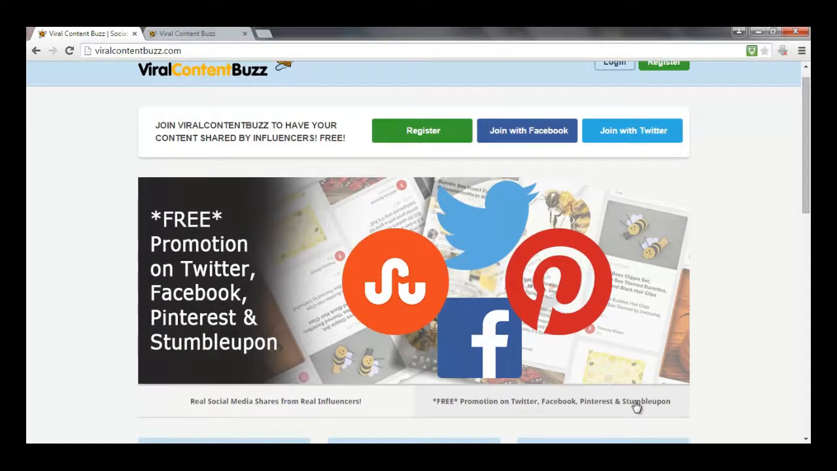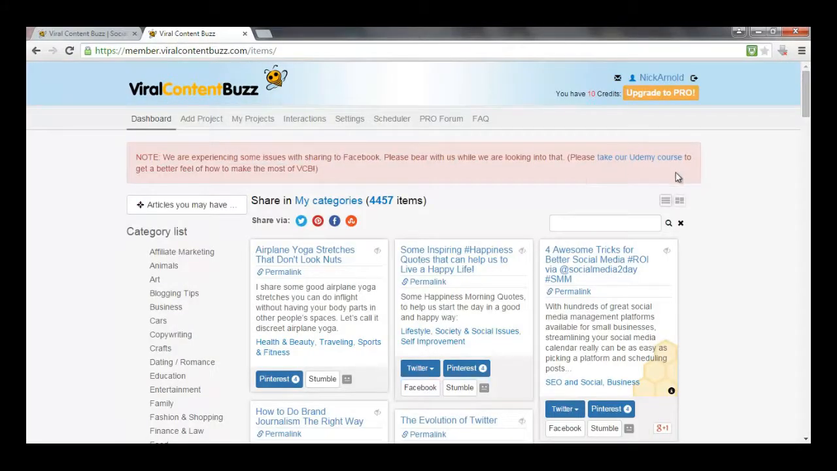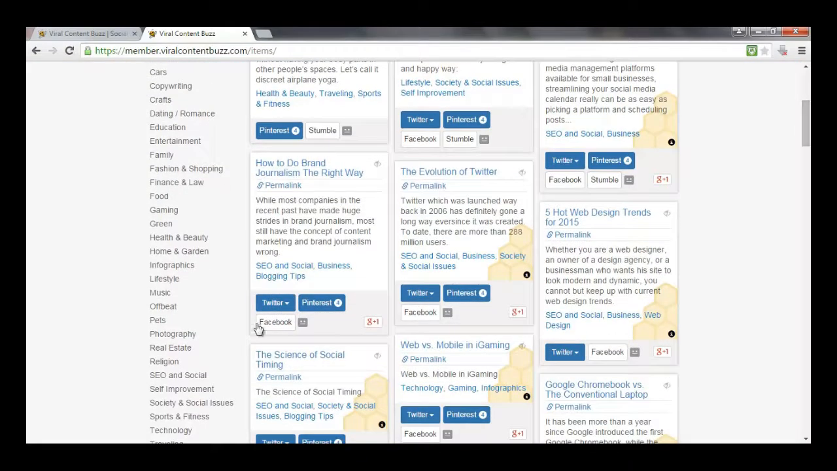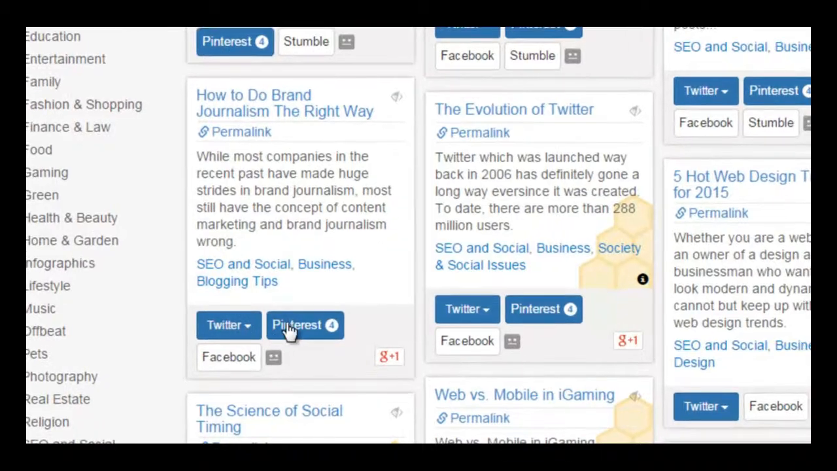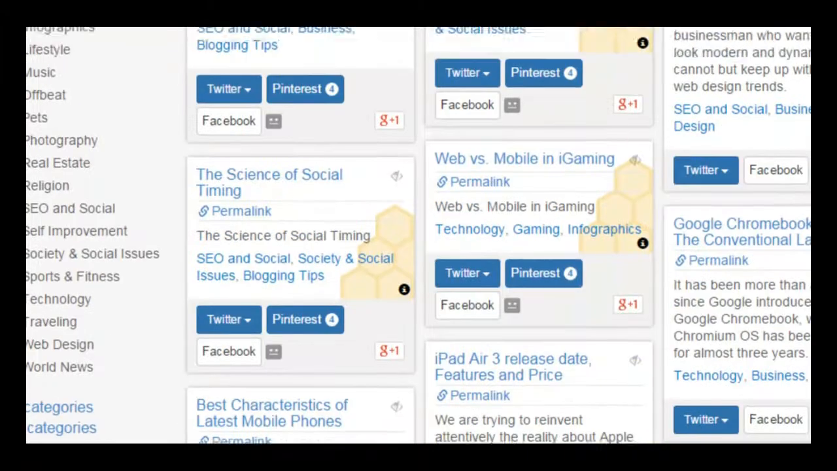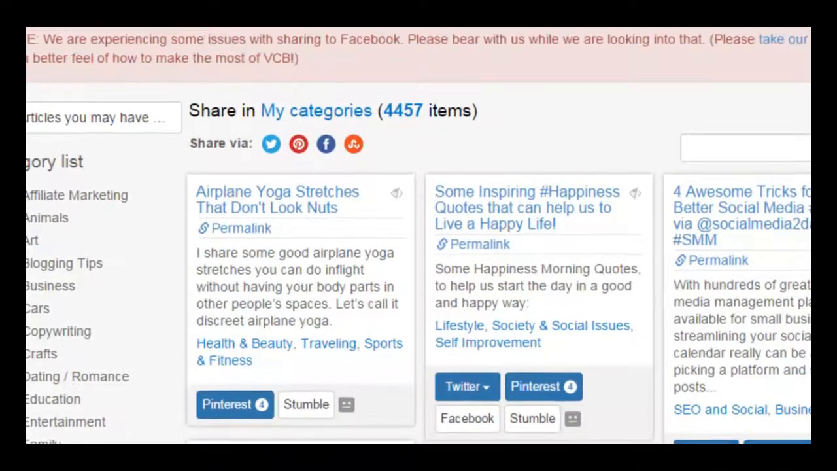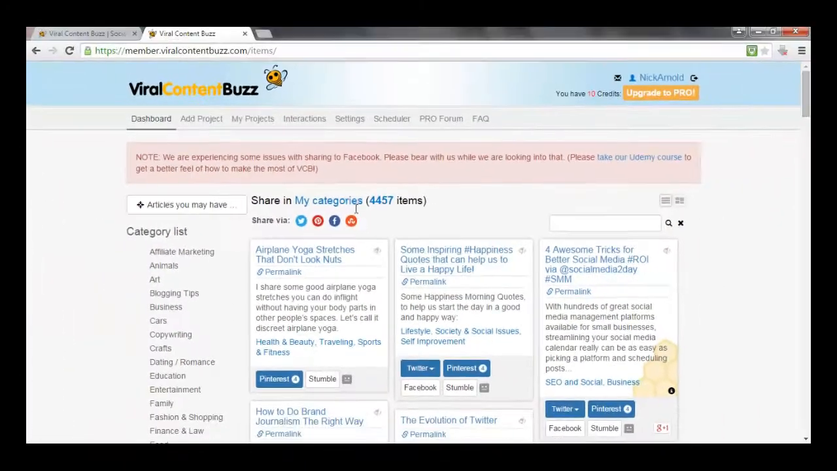So if we head on over to the members area, what we can see is a dashboard that has a bunch of different articles or content. As we scroll down, there are different content, and each content has share buttons, as you can see: Twitter, Pinterest, Facebook, etc. Now, the way this works, it's dead simple, is that when you actually sign up, you go into